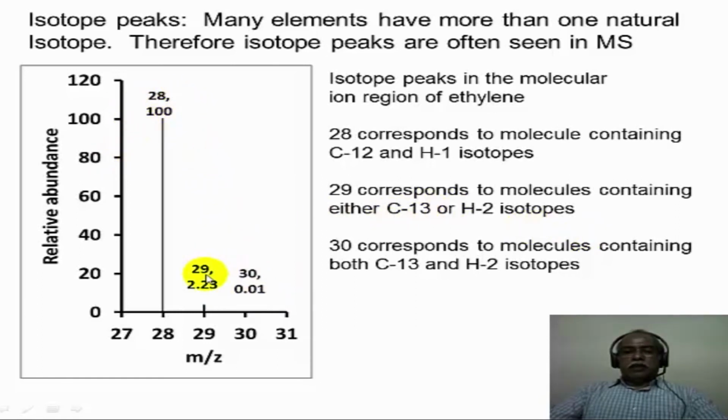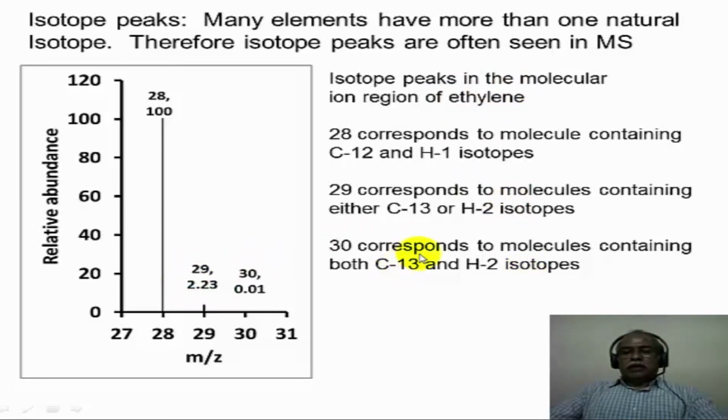How can you register 29? If there is a carbon 13 in the molecule or a deuterium in the molecule, which are naturally available isotopes of carbon and hydrogen. When the ethylene is both C12 and all the hydrogens are H1, this is what one registers. If one of the carbon is a carbon 13, one would register a molecular weight of 29, or if one of the hydrogen is a deuterium, that will also be registered at 29.